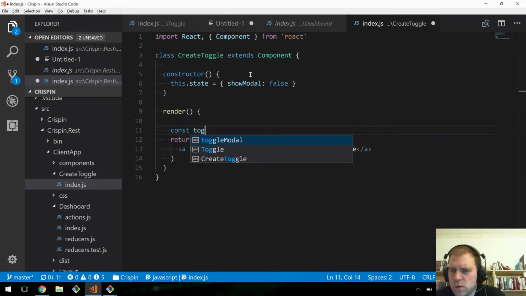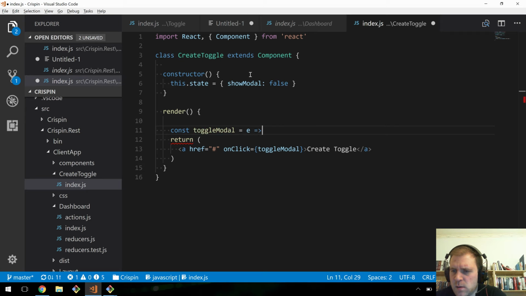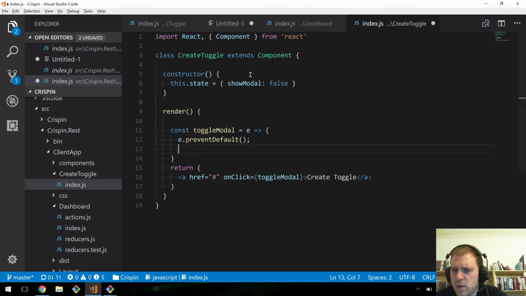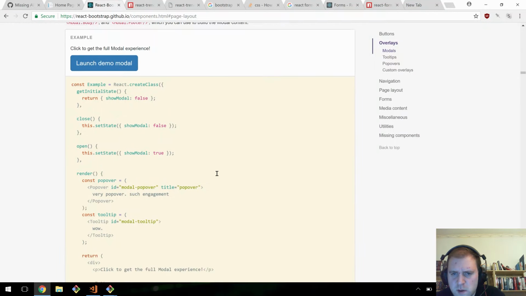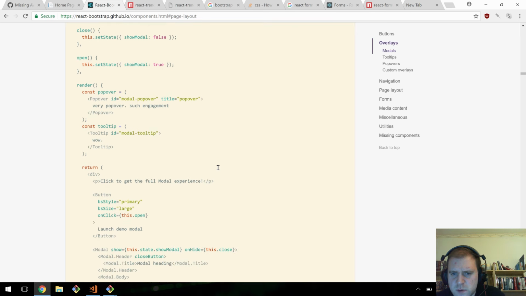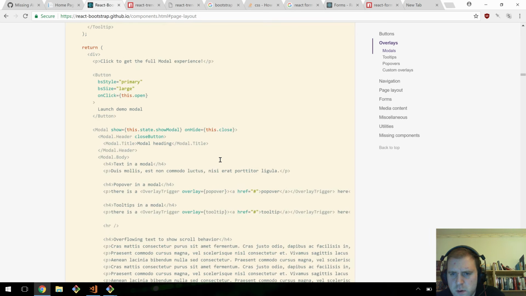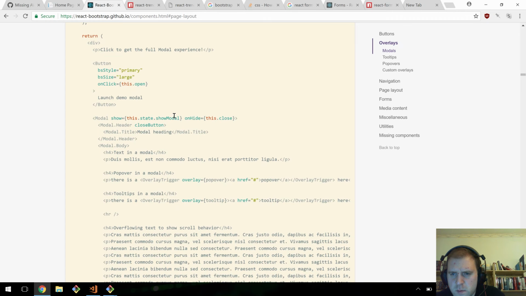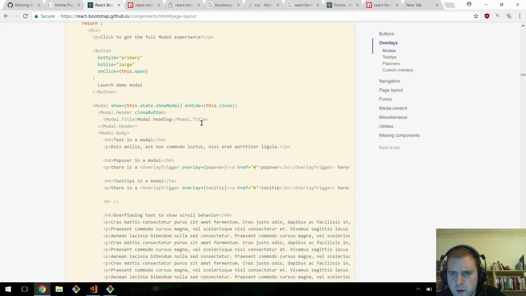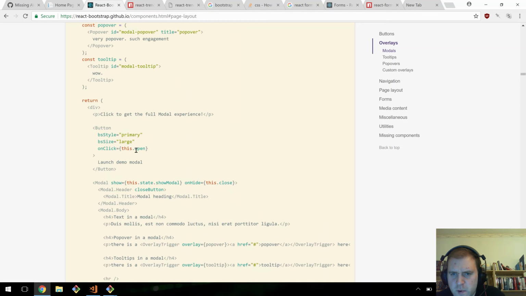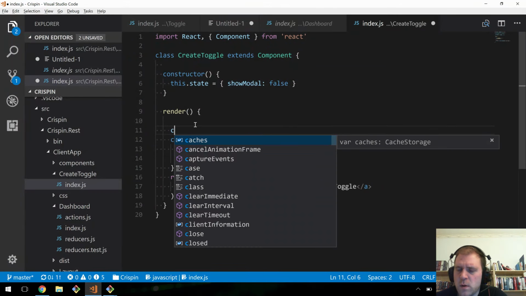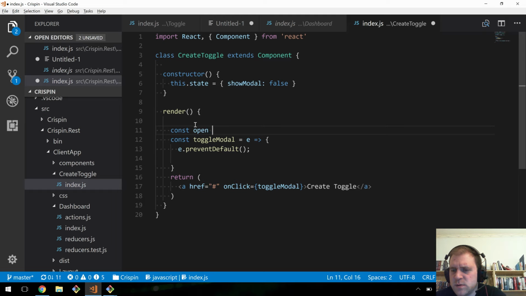const toggleModal equals e arrow thing e dot preventDefault. We don't want the link to actually go or navigate anywhere. We've got 2 methods, one to close and one to open. The state in there, we put the onHide in there, that makes sense so far. We have a close, but yeah. On click, we call open. Yeah, okay. So we'll do const open equals